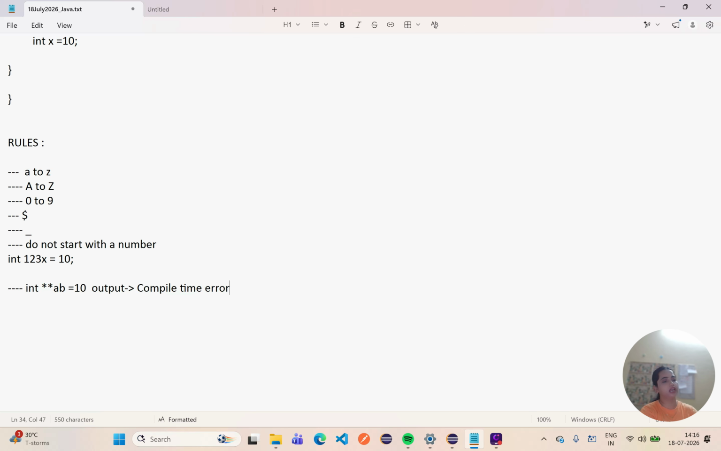Next, let us see some more examples here. Now there is one more thing. The next rule is that identifiers are case sensitive. When I say case sensitive, what I'm trying to mention here is